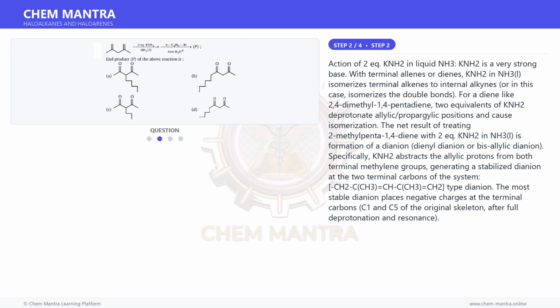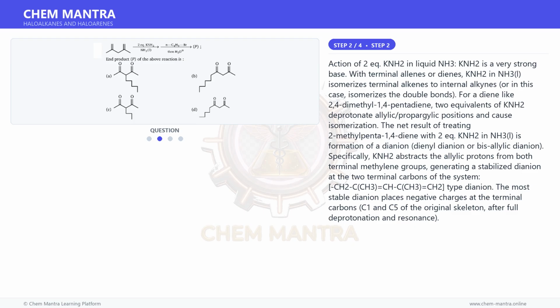KNH2 is a very strong base. With terminal allenes or dienes, KNH2 in NH3 isomerizes terminal alkenes to internal alkynes, or in this case, isomerizes the double bonds. For a diene like 2,4-dimethyl-1,4-pentadiene, two equivalents of KNH2 deprotonate allylic and propargylic positions and cause isomerization. The net result of treating